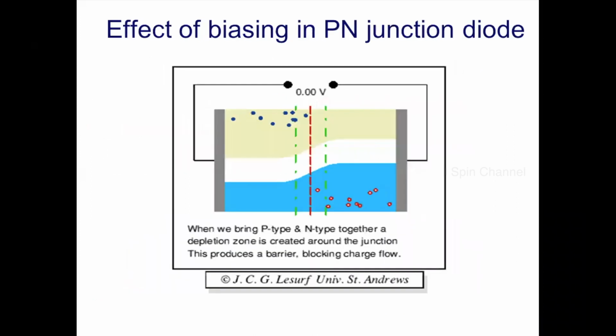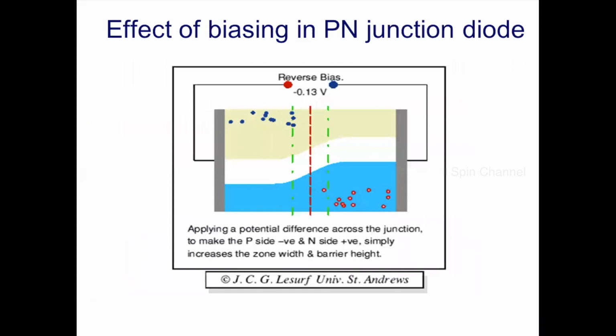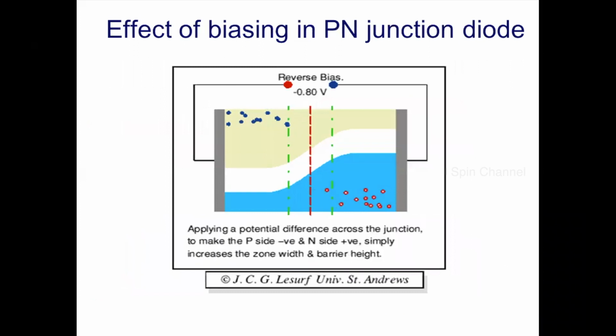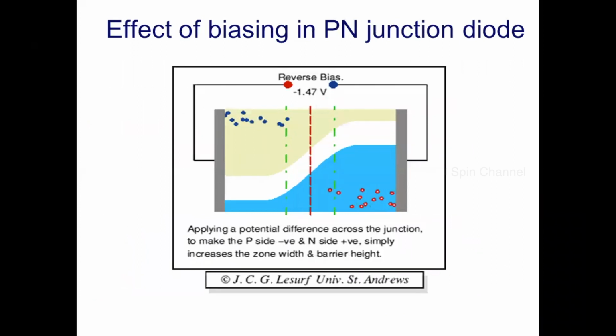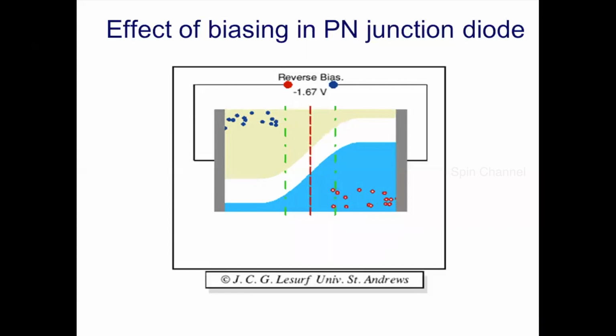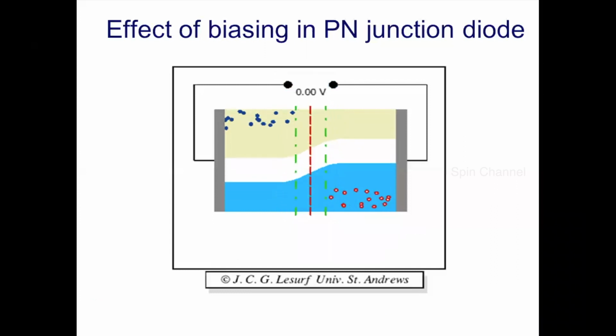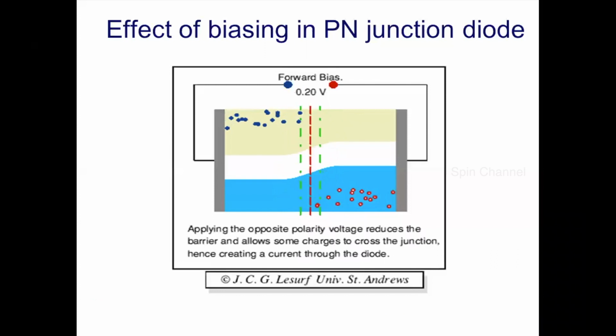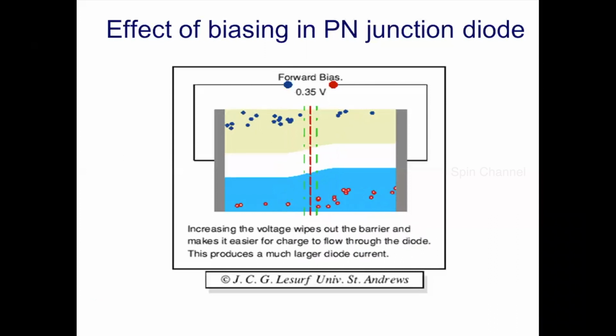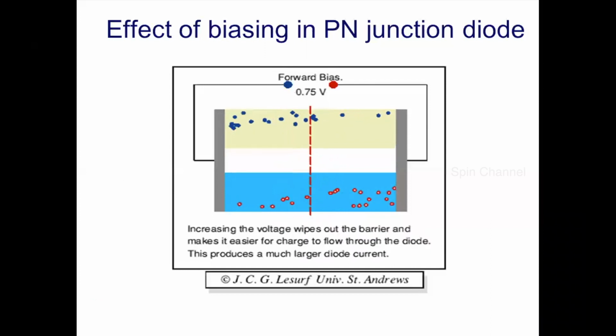An applet is shown here, which depicts the above explanations. You can see that for 0 volt, none of the charge carriers cross the junction. When the voltage is less than 0, that is, in the negative reverse bias condition, the width of the depletion region widens and no free electrons cross the junction. Then above 0 volt, in the positive case, a few electrons cross the junction, and once the voltage is more than 0.7 and slightly increasing, the depletion region is completely eliminated at the junction and there is no barrier for the free electrons and holes to cross the junction.